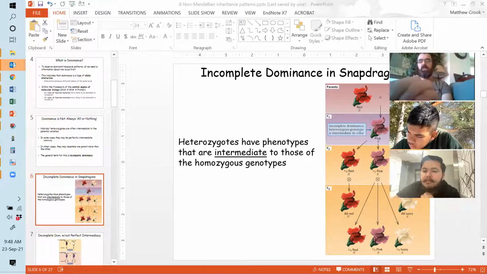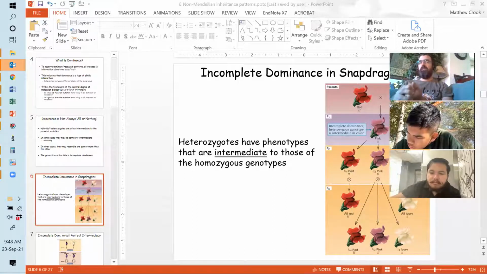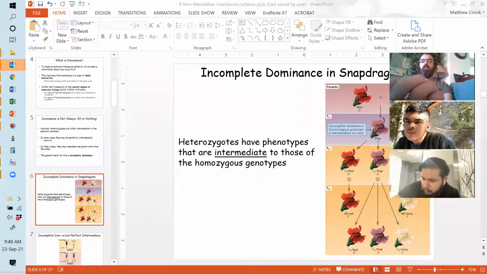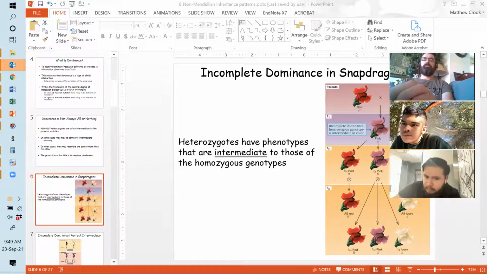And so there's a couple of classic outcomes of incomplete dominance. One, you have an intermediate phenotype in the F1, heterozygotes, essentially. And that's what you can see in this diagram on the screen. And two, if you cross those heterozygotes together as you would in a monohybrid cross, you get, how would I put this, in the F2,